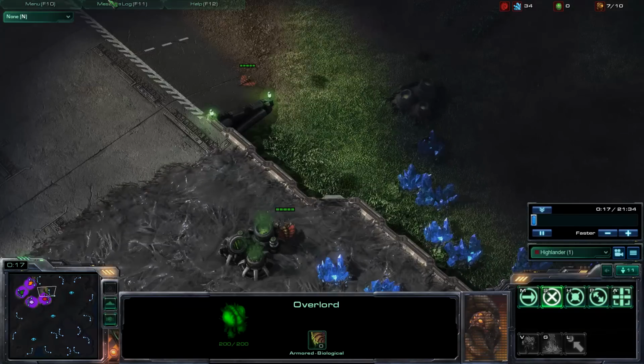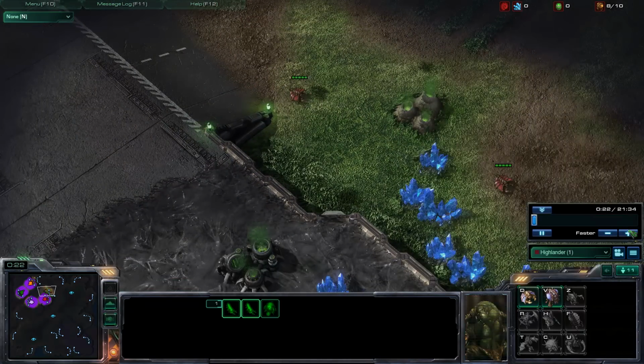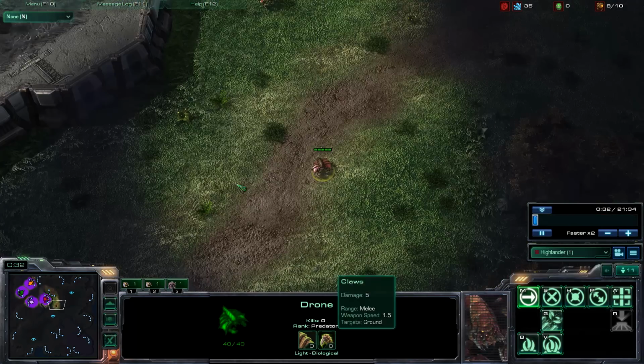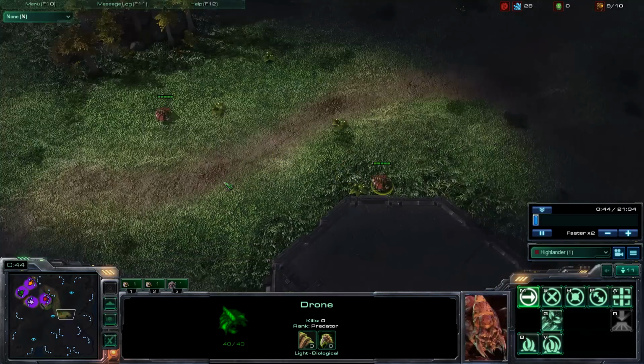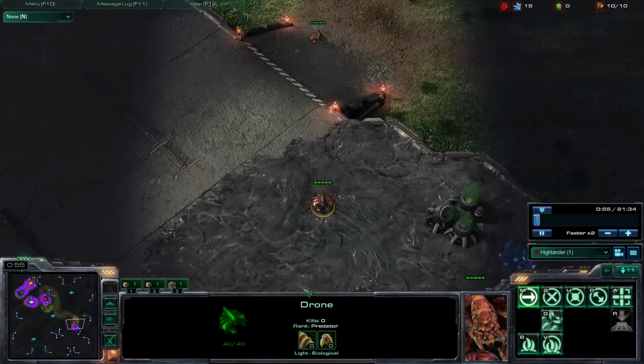So what we're trying to do is really just take advantage of the foolish, insane AI. It thinks it's so much smarter than all the other AIs. Okay, well, yeah, sure, it is. But one thing that makes it quite weak is that the workers will try to attack any enemy structure that's